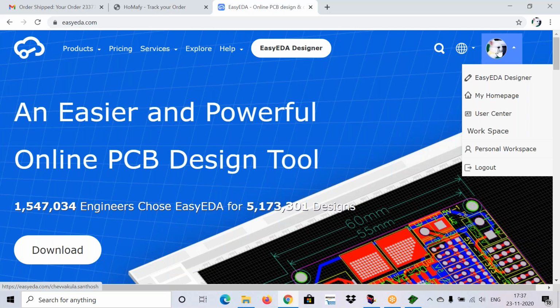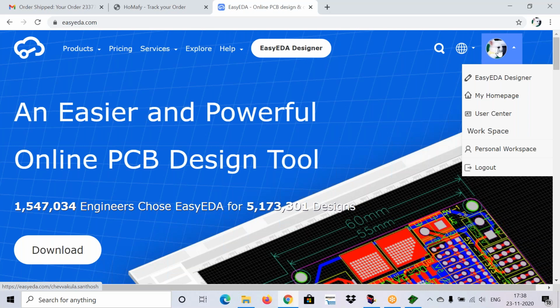All of you complete the registration quickly. Just click on register and click on continue with Google. Just give your Gmail account and password here. No need to give the username, password, etc. After clicking on register, just click on continue with Google and give your email and password. That's it, your account will be created.